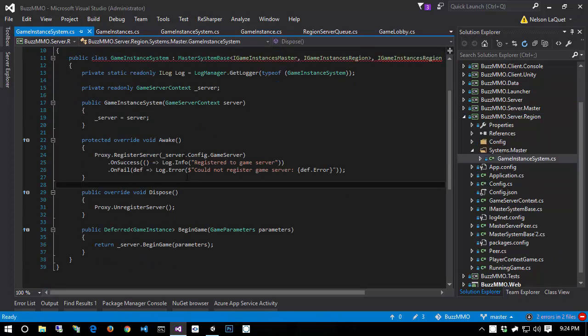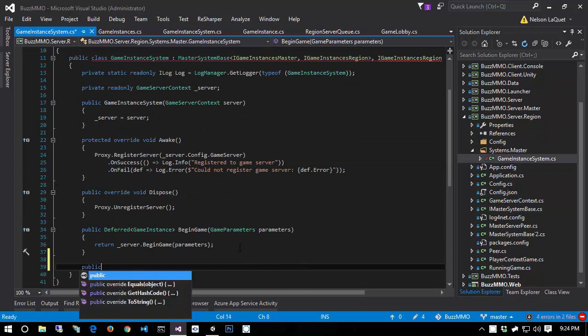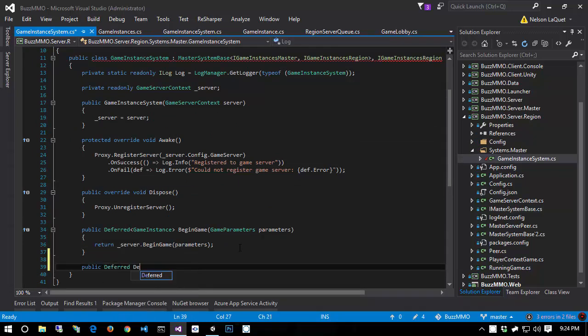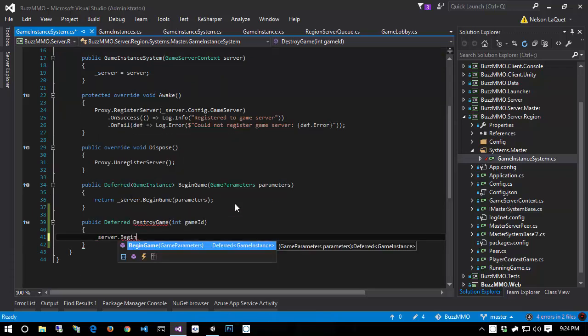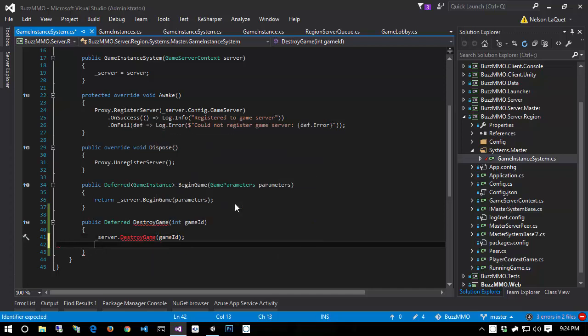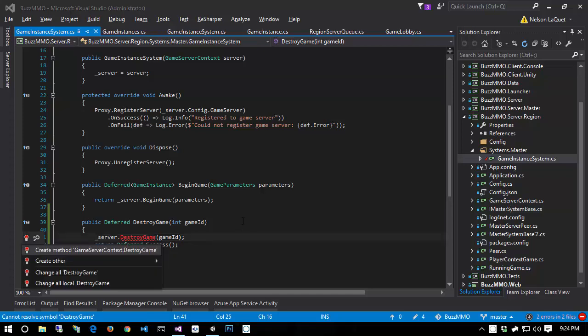But anyway, now we can hop into server region, go to systems master, game instance system, and then I can add a public deferred destroy game int game ID. And so server, we have a server.begin game parameters. We should also have a server.destroy game ID, and then we'll just return deferred.success. The only way that this will fail is if an exception gets thrown anywhere in this code path. So in our server, we can now add a destroy game method,